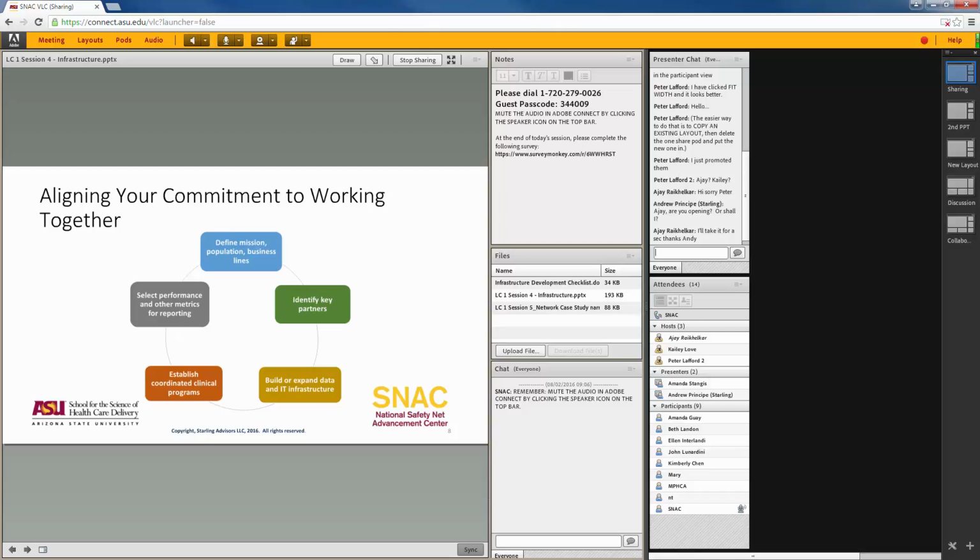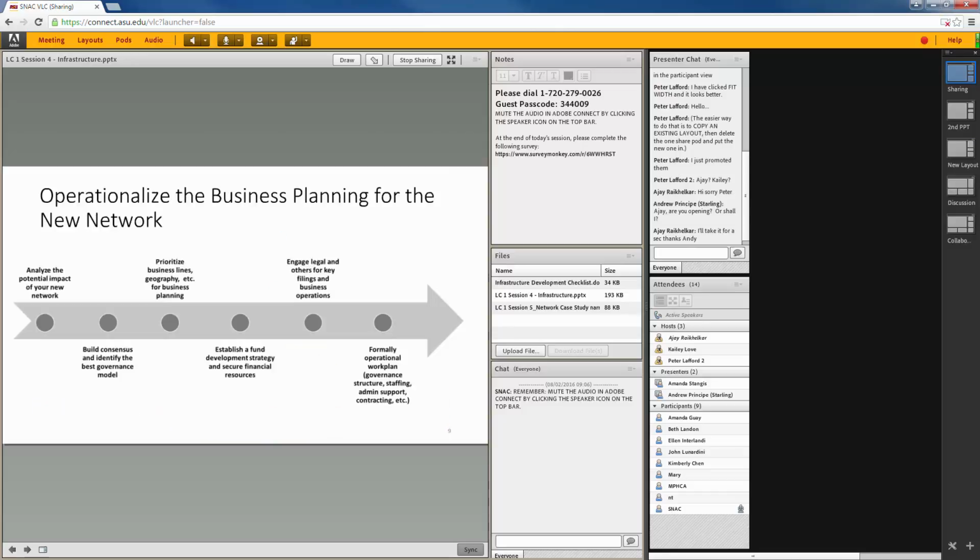And the network must select performance or other metrics for reporting. In some cases, those are dictated by contract. In other cases, those are selected by the members and then used essentially to go out and get the types of contractual terms that they want. So a typical process